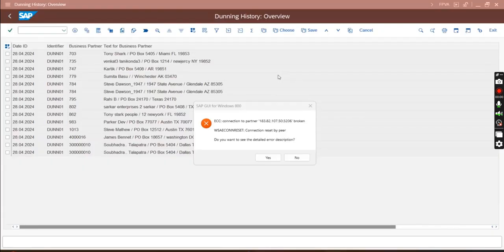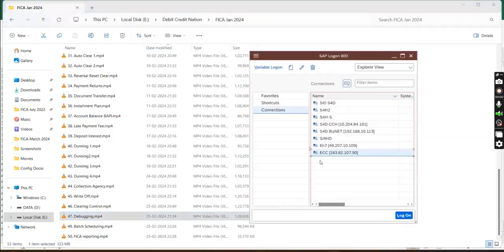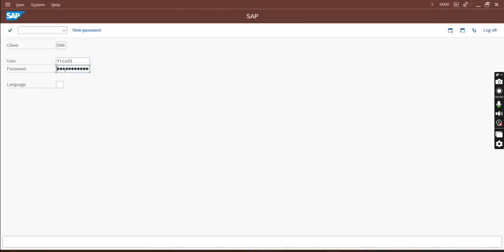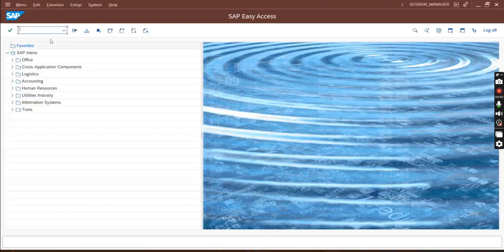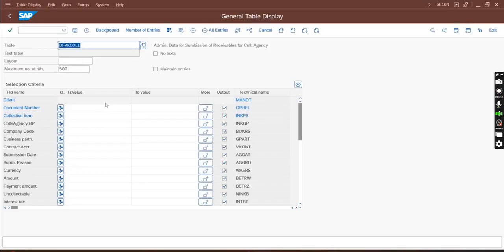Okay, so first I will show you how to debug a table. A simple table debugging technique first, then I'll go to the program. In SE16N, say you want to debug table DFKKCOLL.